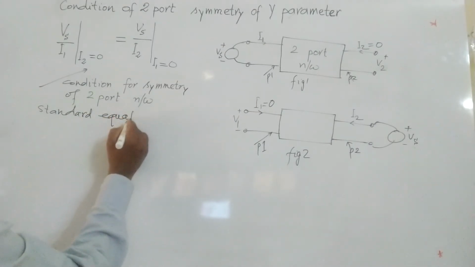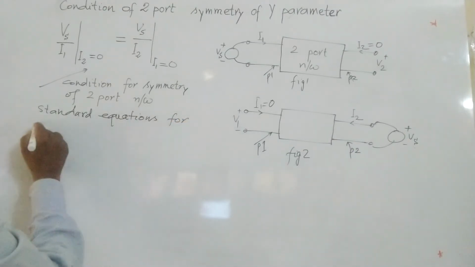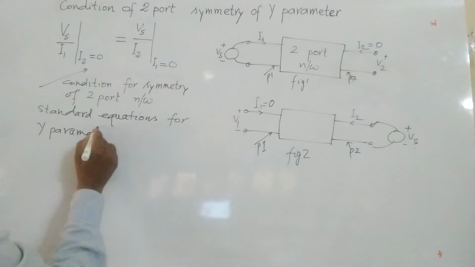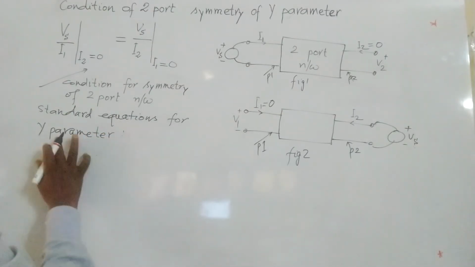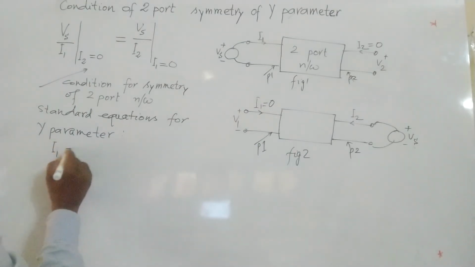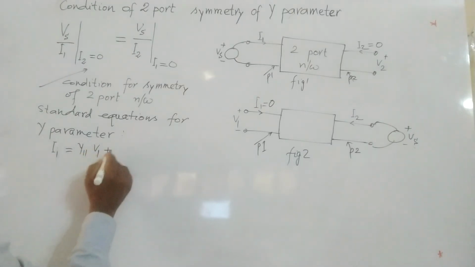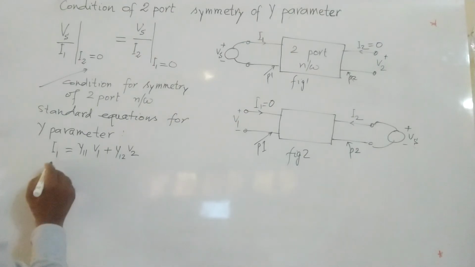equations for the y-parameter. What was it? I1 equal to y11 into V1 plus y12 into V2, and